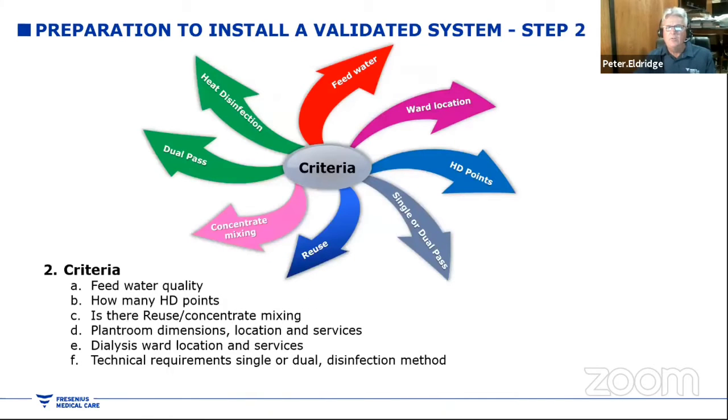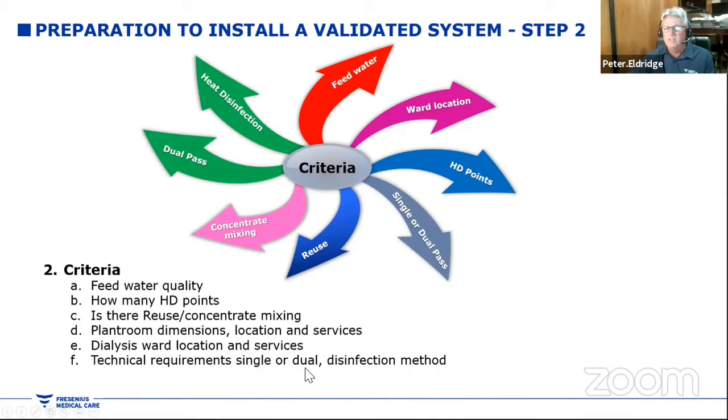We then need to, from there, develop our criteria list. So I heard earlier on, and I know that we all know very well in India, water quality sometimes is not as good as it is in Australia. So we have to take the feed water quality into account when we're designing. How many dialysis points? Is there reuse or concentrate mixing? Plant room dimensions, locations, dialysis ward location and services, and technical requirements such as, do you want a single pass